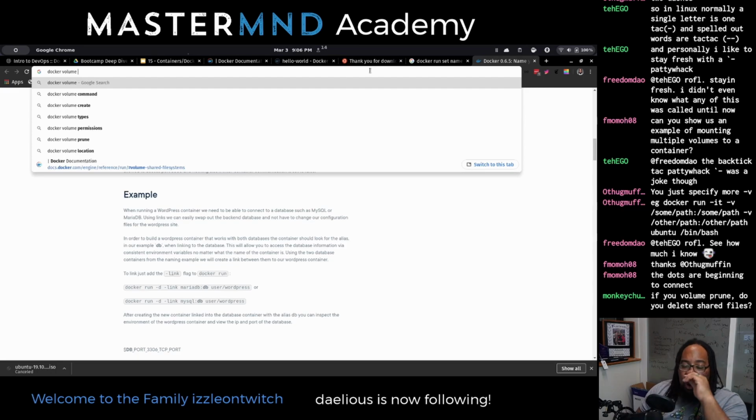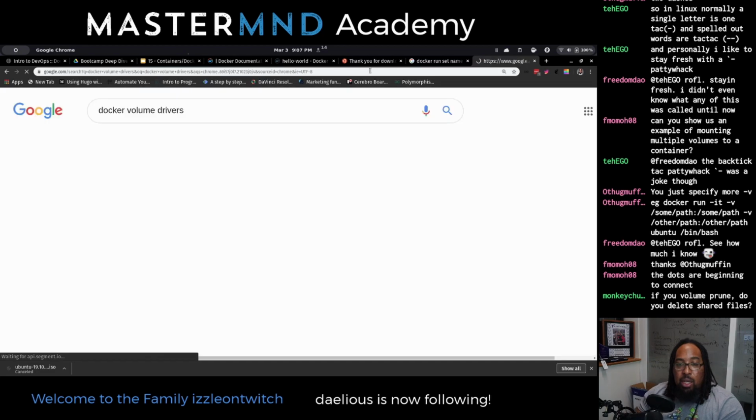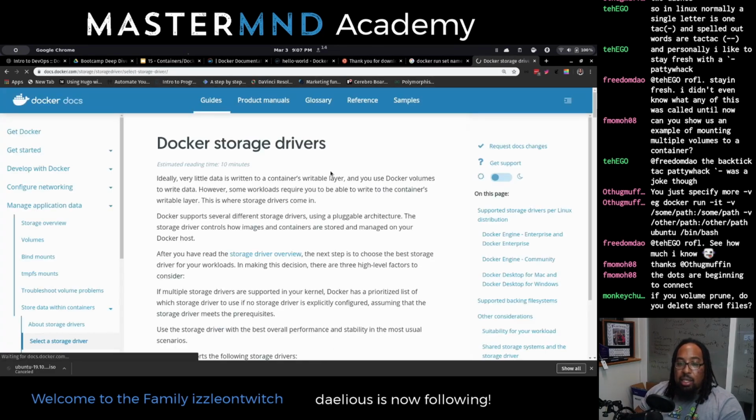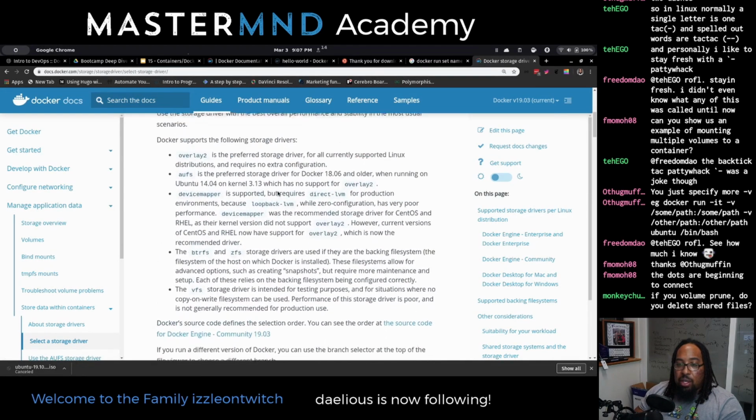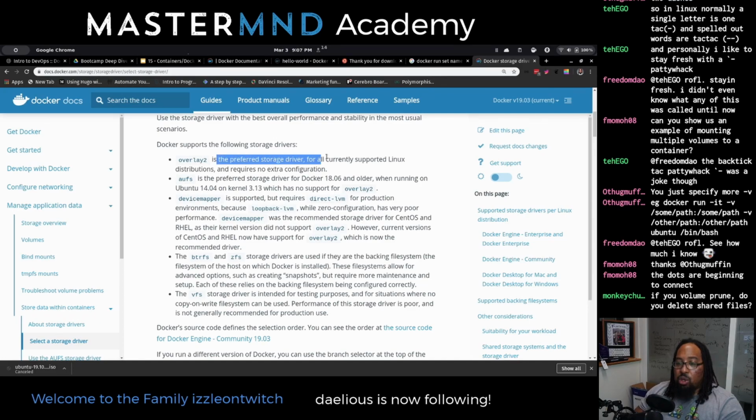I'm usually using local, almost always local, because now we just use EFS or some kind of NFS mount that's mounted to a volume, so we can just do that. But Docker volume drivers, I wonder what the exhaustive list is. Storage drivers. Overlay 2 is the preferred storage driver.